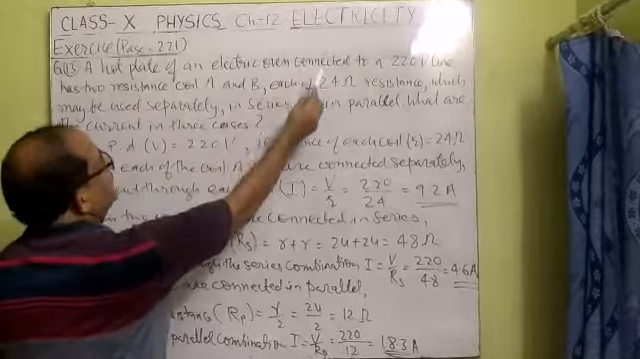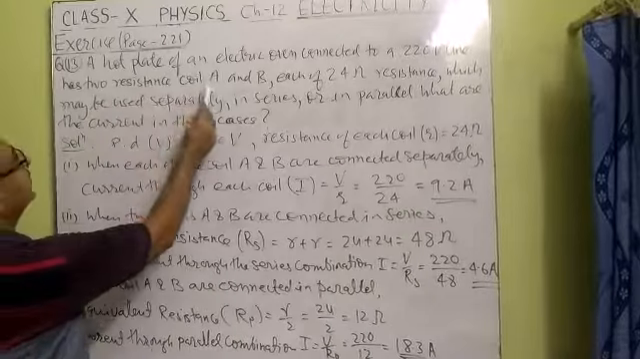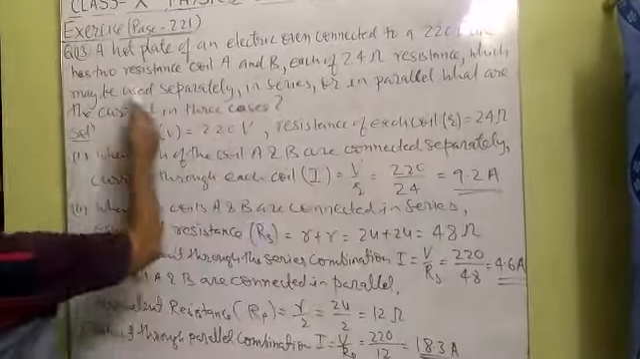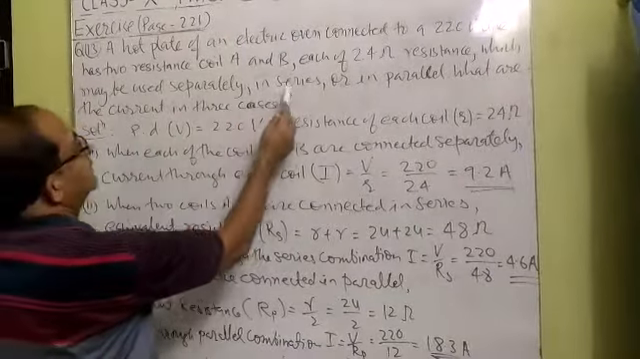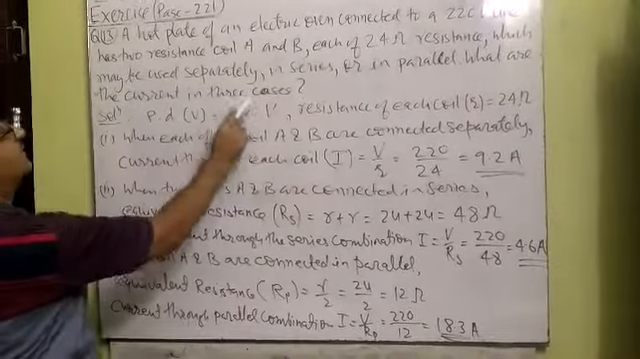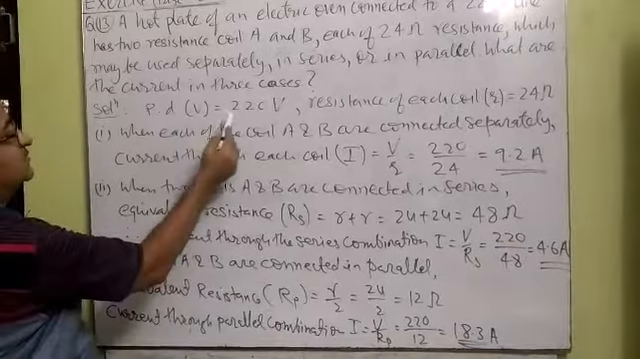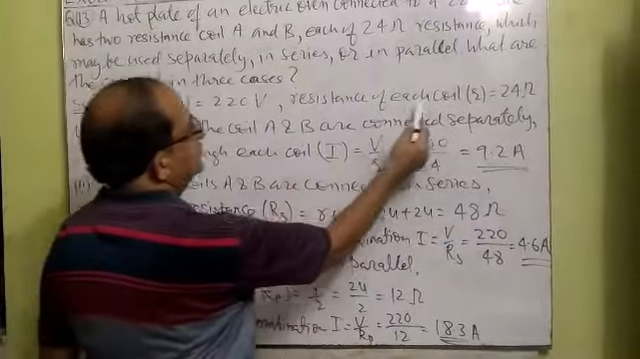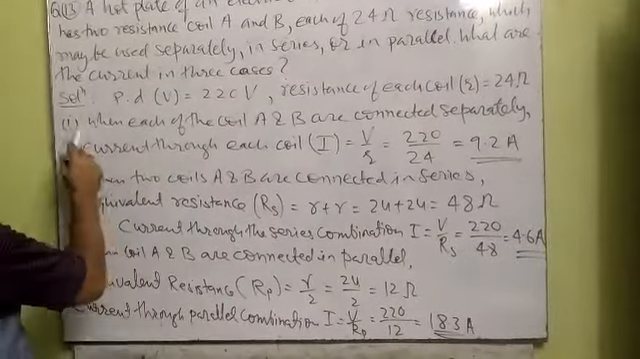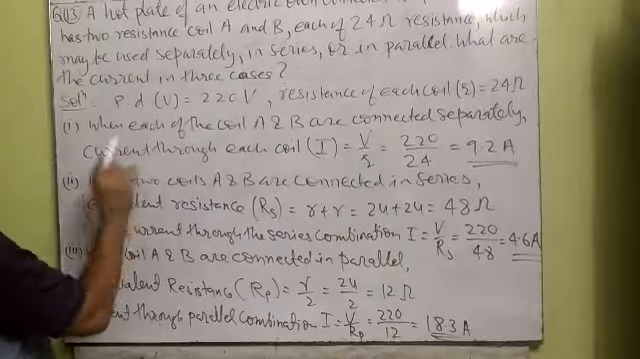An electric oven connected to a 220 volt line has two resistance coils A and B, each of 24 ohm resistance, which may be used separately, in series or in parallel. What are the currents in the three cases? This is question number 13. It is clear that the potential difference of the line is 220 volt, the resistance of each coil small r is 24 ohm, and there are two coils A and B. First part, when each of the coils A and B is connected in a separate circuit, means they are connected separately,